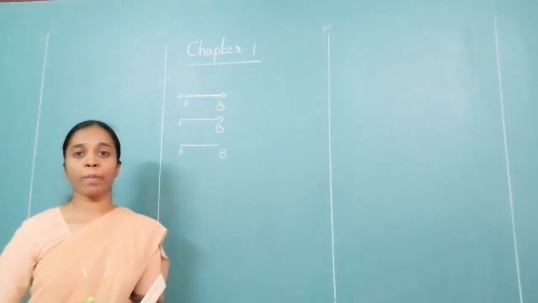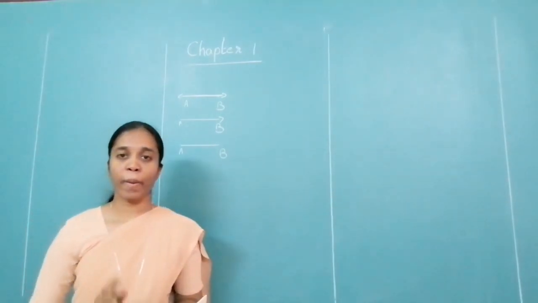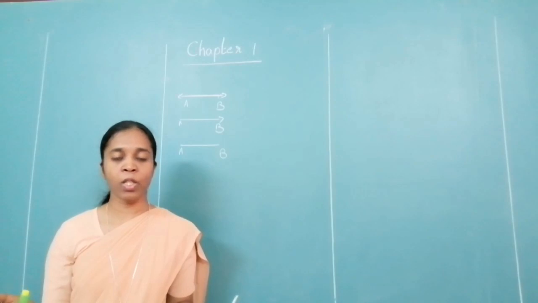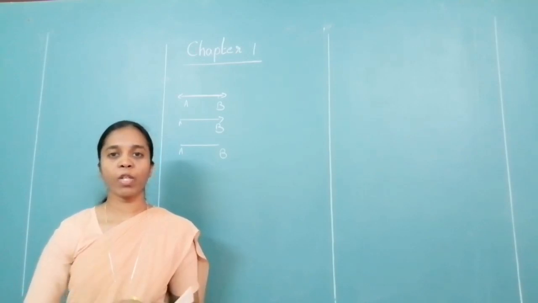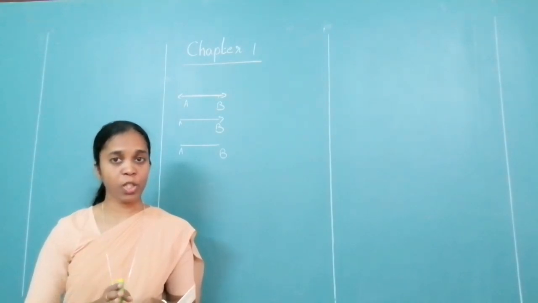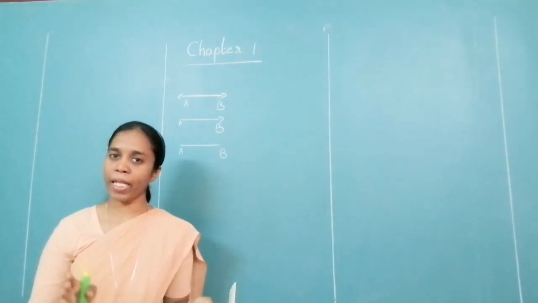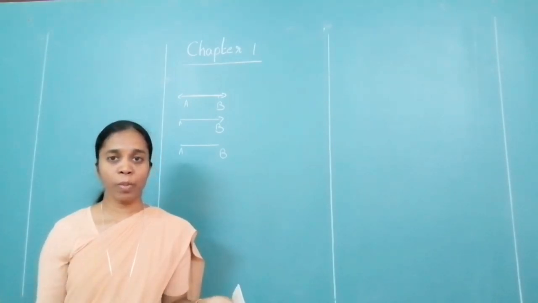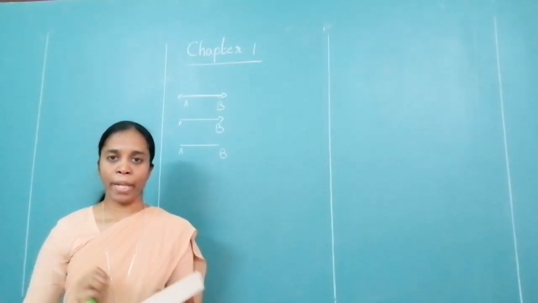Now, what do you understand by bisector? Bisector. Bi means two. Sector means parts. So, dividing into two equal parts, whatever may be given to you. If it is an angle, dividing the given angle into two equal parts, that is known as angle bisector. If a segment is given to you, dividing it into two equal parts, then it is a perpendicular bisector.